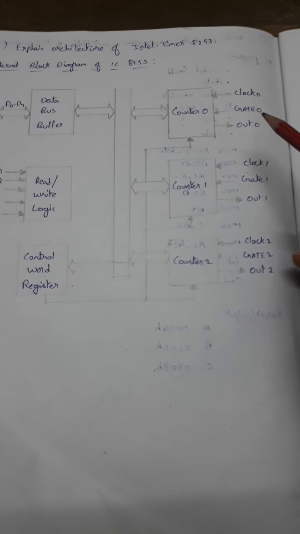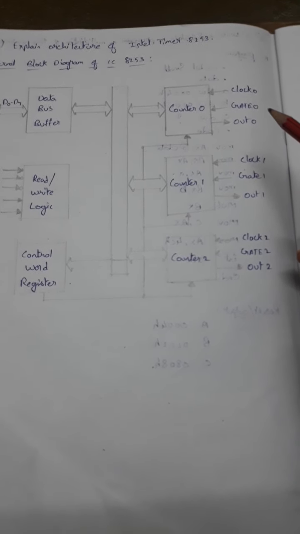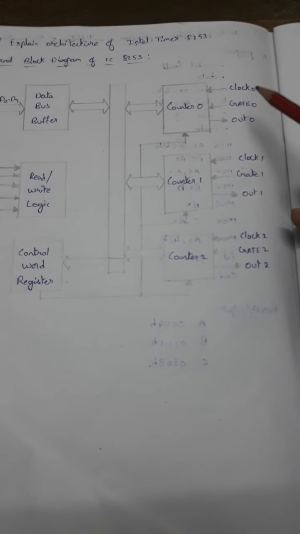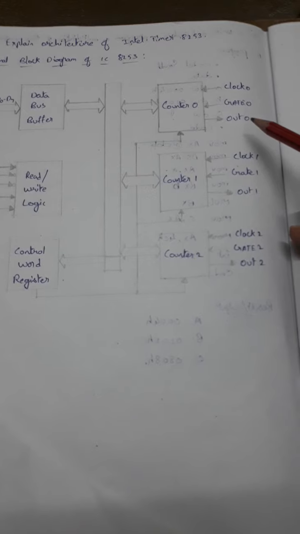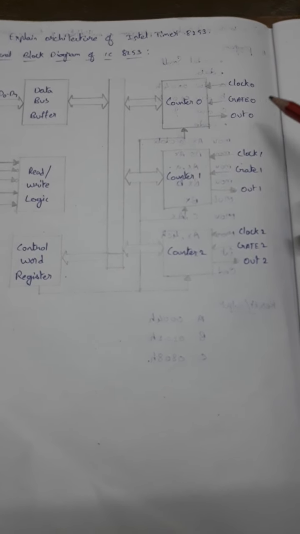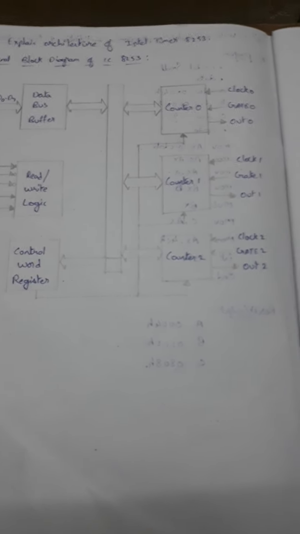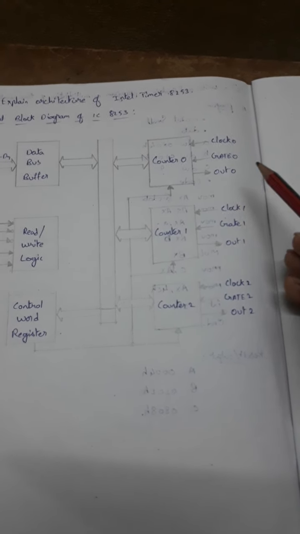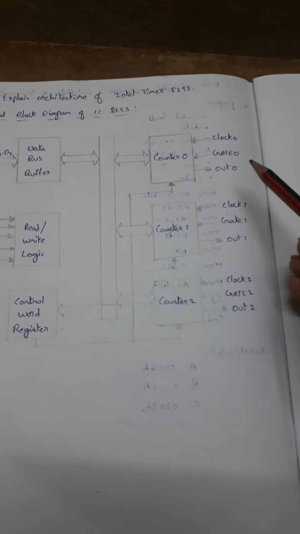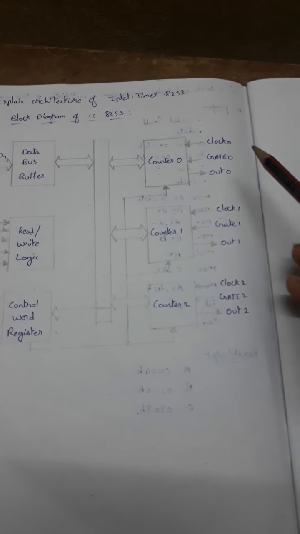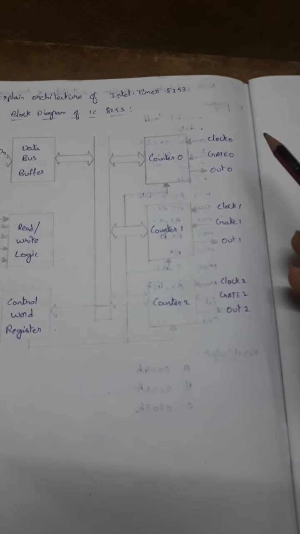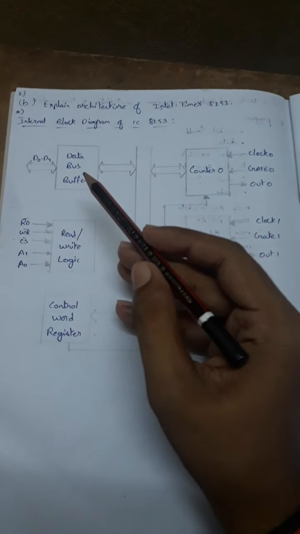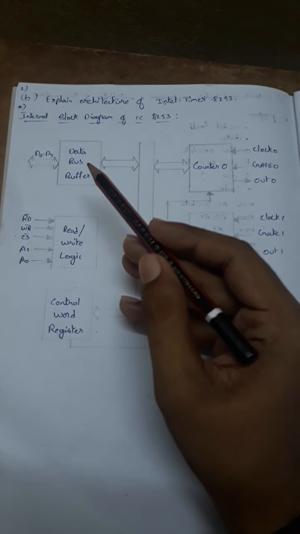A gate signal is used to start or stop the counting, and the out signal is going to show the counting is completed or the process is going to be interrupted. The clock signal is going to synchronize the counters. The data bus buffer is an 8-bit buffer. It interfaces with the